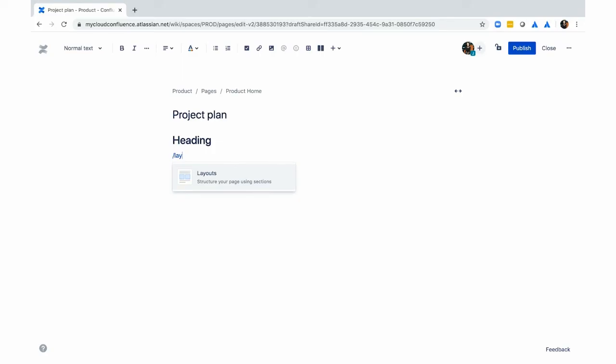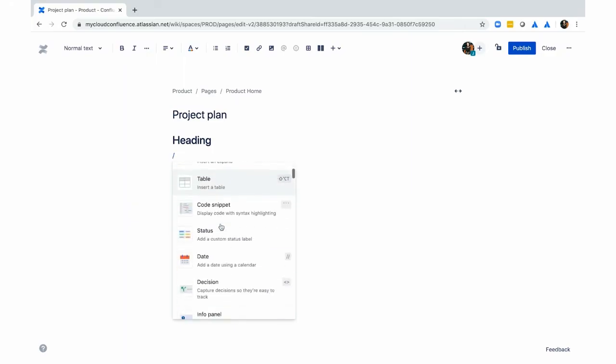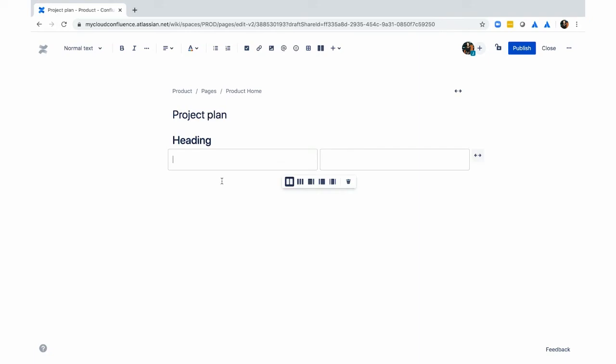So if you learn nothing else today, the most important thing is the / command. This is the most powerful feature in the editor, and it loads macros. And you can either start typing macros or do as Claire was doing, which is just scrolling through the list. So now she's adding a layout